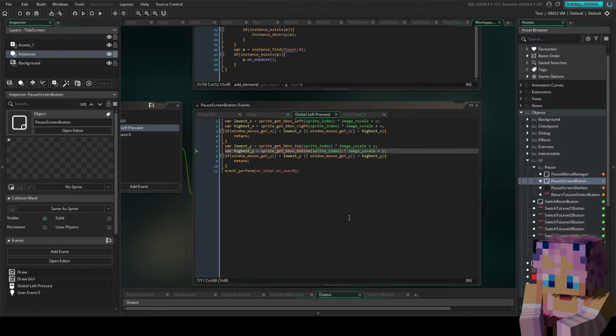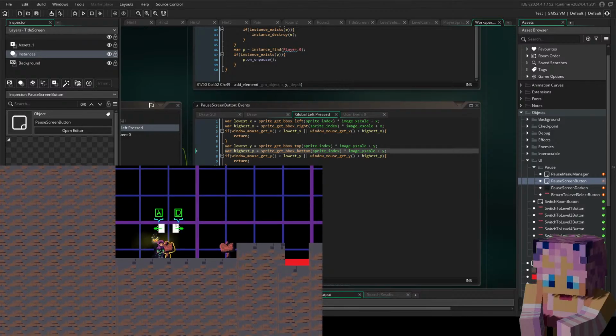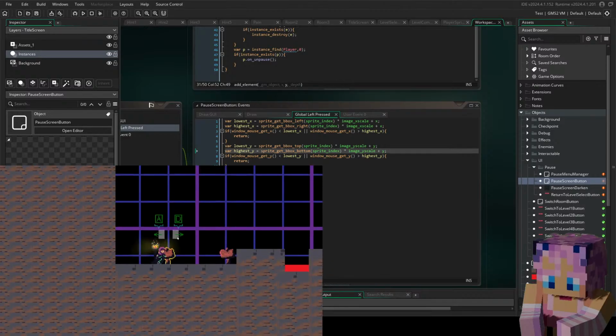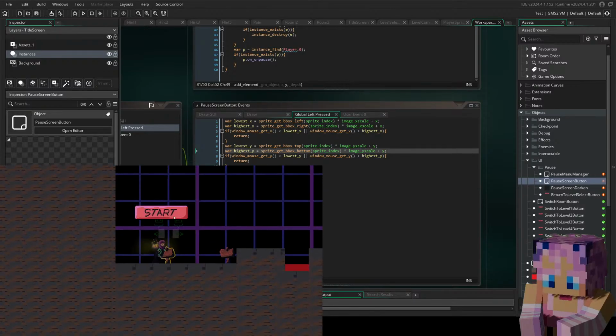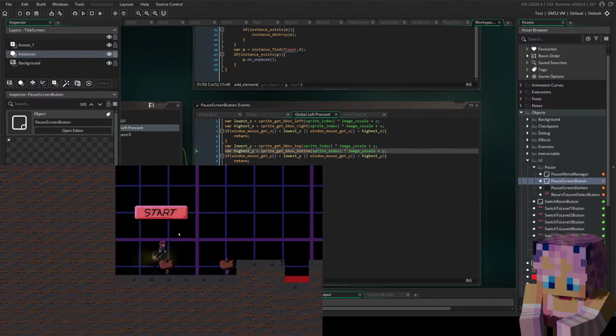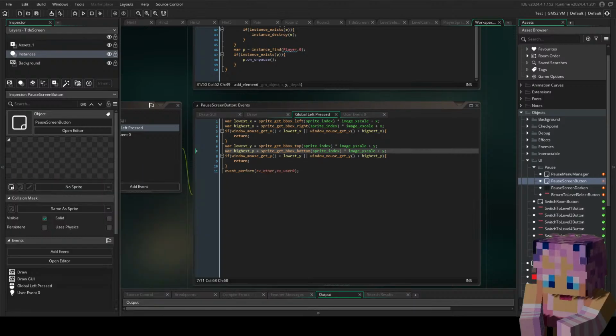Let's see where it actually shows up. Oh, I think I understand. It's not accounting for the center of the image. So